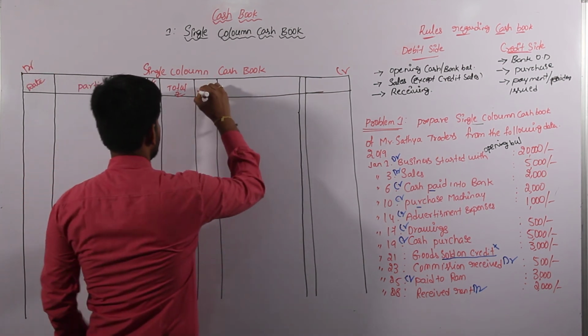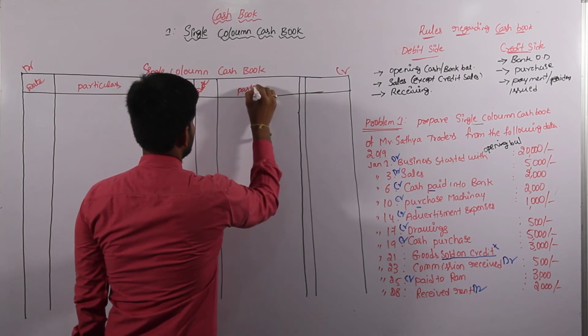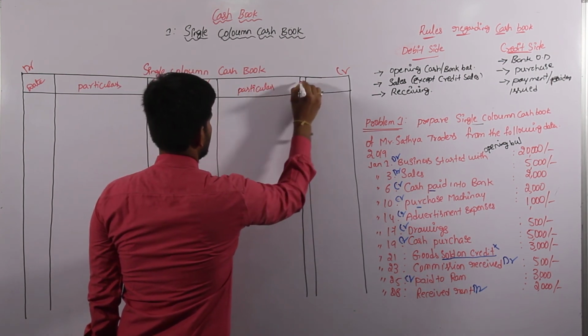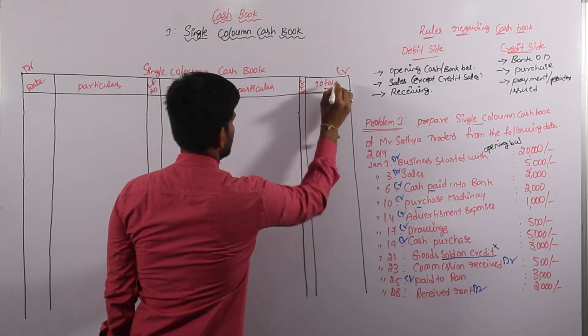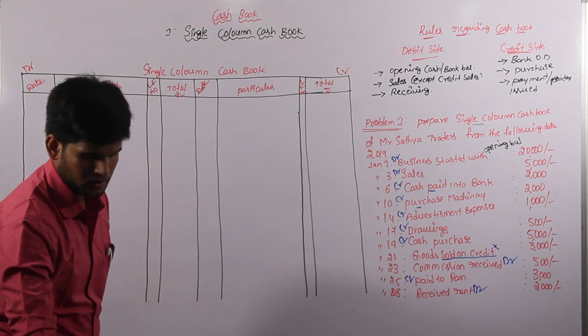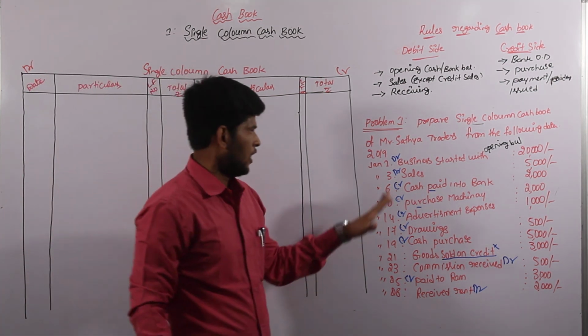In the credit side: date, particulars, LF number, total amount. After preparation of the pro forma, again we have to know the transactions, how we have to enter